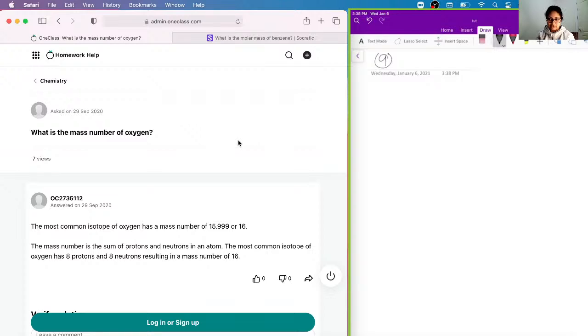This is usually given in the periodic table. So the most common isotope of oxygen